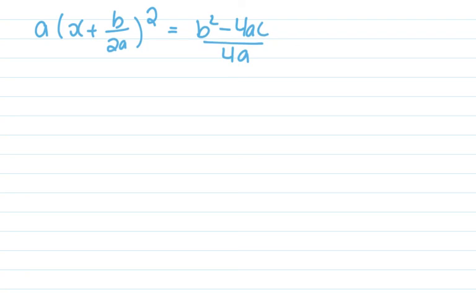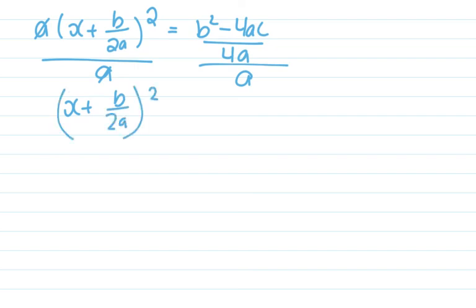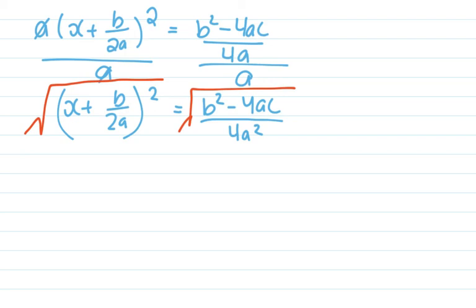Now I'm going to divide both sides by a to get rid of this a on this side. So these a's will cancel out. Now I have (x plus b over 2a) squared equals b squared minus 4ac divided by 4a divided by a, which would be divided by 4a squared. Now I'm going to take the square root of both sides to get rid of this squared over here. So this squared sign will cancel out the square root sign, so I have x plus b over 2a equals